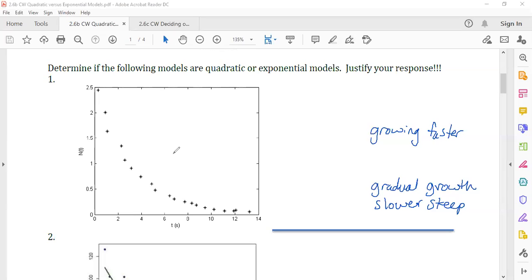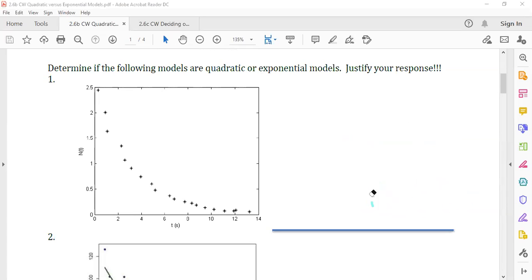The majority of you thought that it was exponential, and the majority of you would be correct. It is exponential. We have a sharp decrease here. This looks a lot like an exponential decay. And then you'll notice here, it kind of evens out as if it's approaching an asymptote at the x-axis. So yeah, this would be exponential